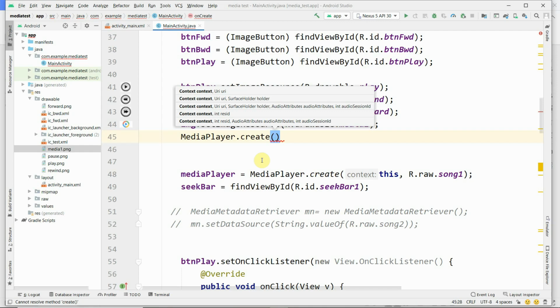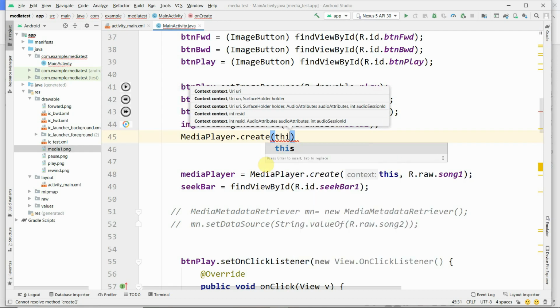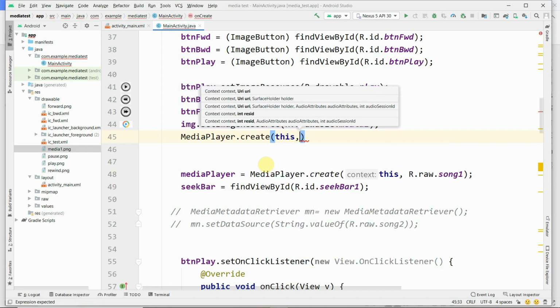Now to keep the context, this is the current context, therefore you have to give this. This indicates the current context, comma, next which song you want to play, that you have to keep. And that song should be available in the raw folder.